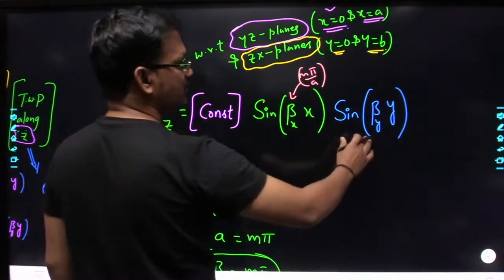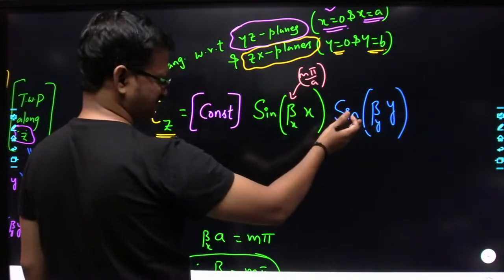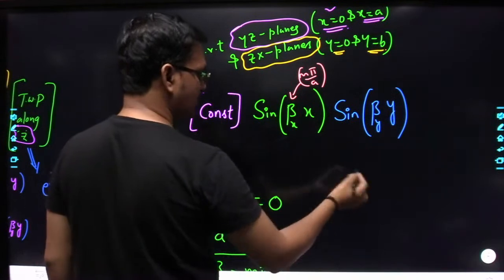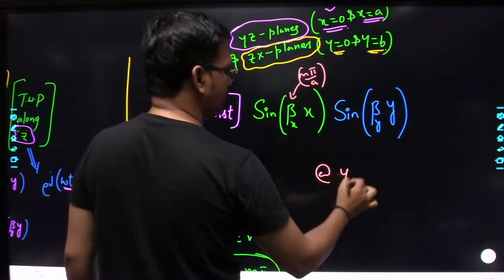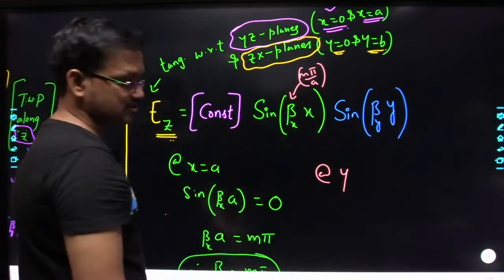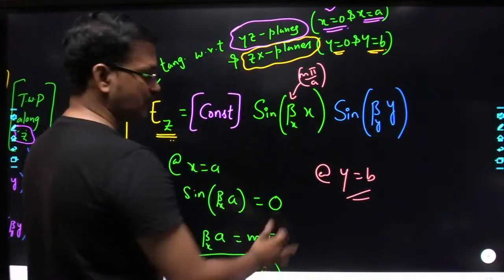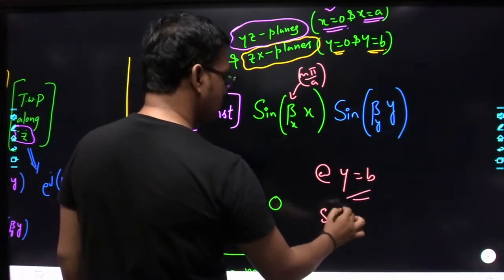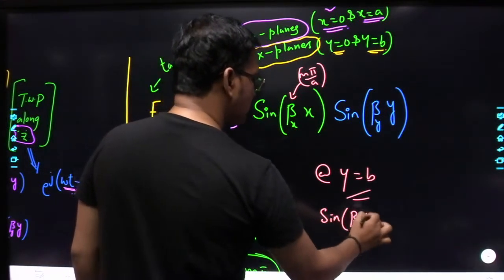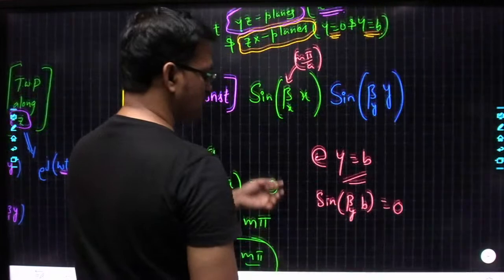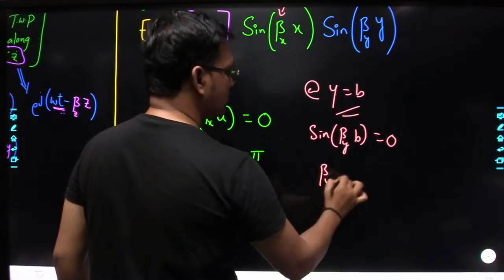With respect to this y equal to b here. So at y equal to 0, this field is becoming 0. At y equal to b also, this field has to become 0. So at y equal to b, what are you going to get? Sine of beta y into b must be equal to 0. So that means beta y into b must be